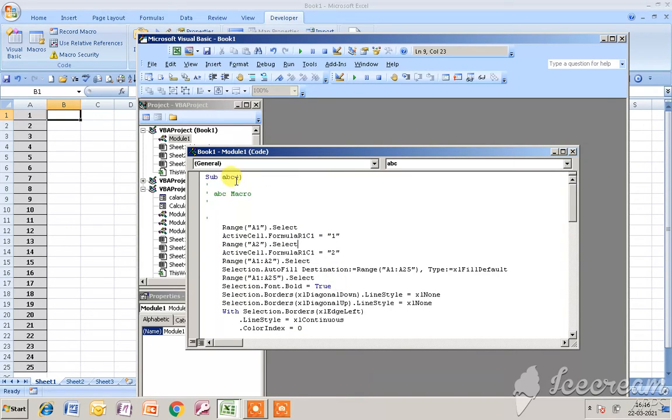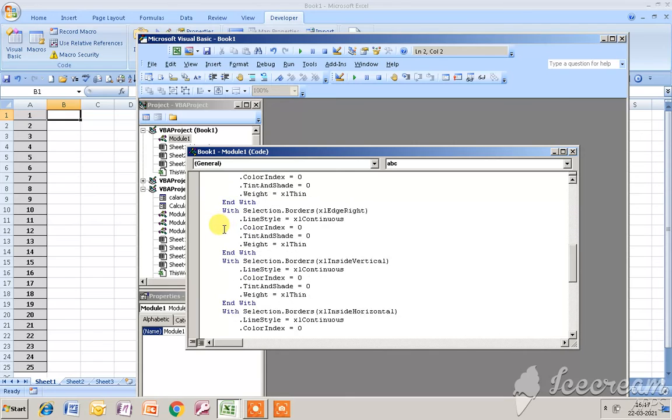Why are you seeing a macro under a module? Because this is a person's. Okay, example, always remember the macro is the name of a person. Every person lives at a proper address. Okay, this macro lives under Module 1. Module 1 is the address, and under this address this person lives.